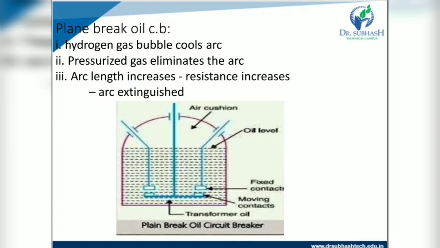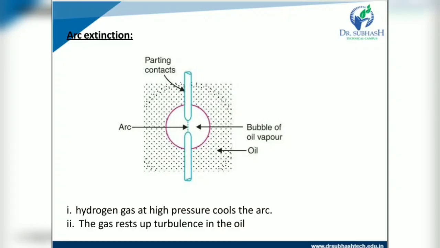The oil circuit breaker is very reliable in operation and it is very cheap. The most important feature of the oil circuit breaker is that no special devices are used for controlling the arc caused by the moving contact. The oil as an arc quenching medium has certain advantages and disadvantages. The advantages of oil as an arc quenching medium: